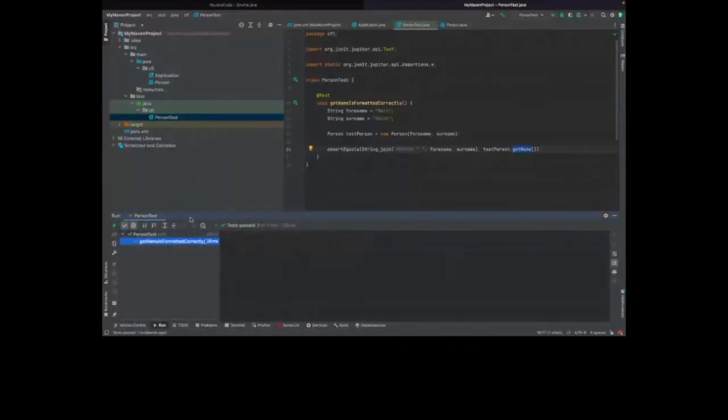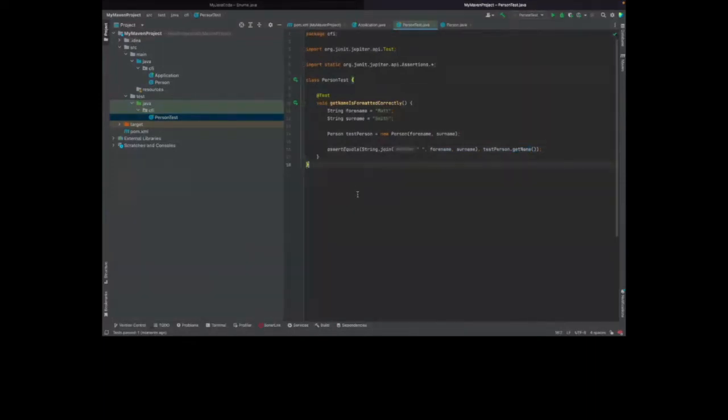and in my IDE, I can see that my tests pass. So this is another one of the things that I really like about Java, is that its support for doing testing is so good. I honestly have not found a better way of doing testing in any other language. JavaScript has Jest, but what JUnit offers as part of testing Java is the best that I've ever seen. And it's part of the reason why I really like writing stuff in Java.